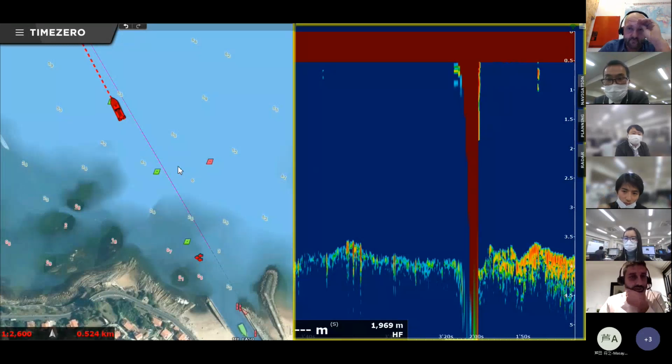Yeah, I have here a demo file. So again, I need to change the demo file. So allow me to turn off Time Zero, and I will turn it on with the sonar file. The thing is, the sonar integration is not working yet, and it's not working with the current version of the FSV 25.